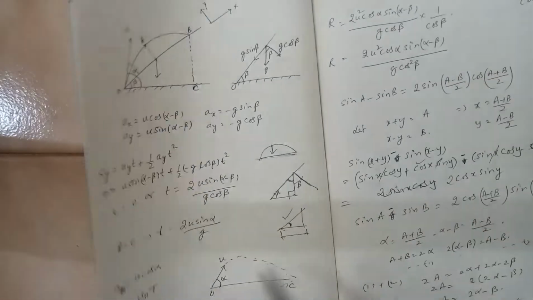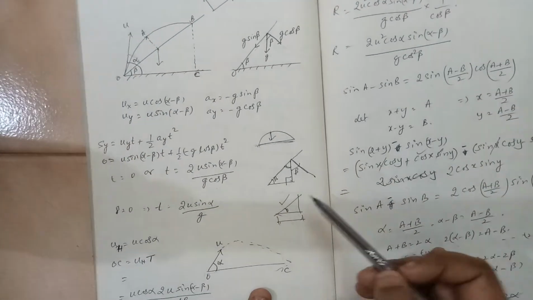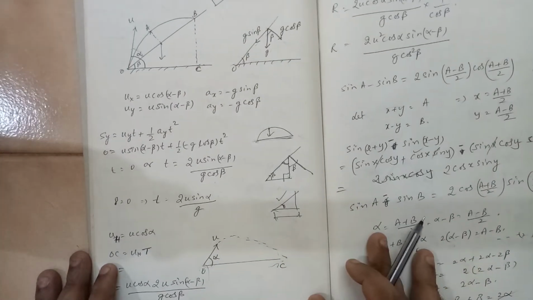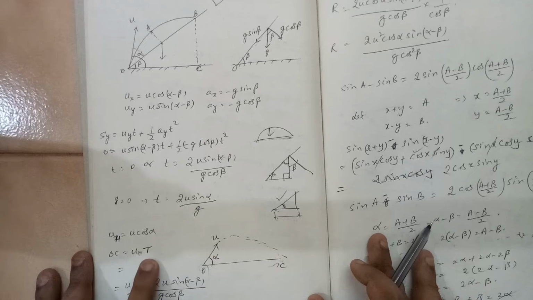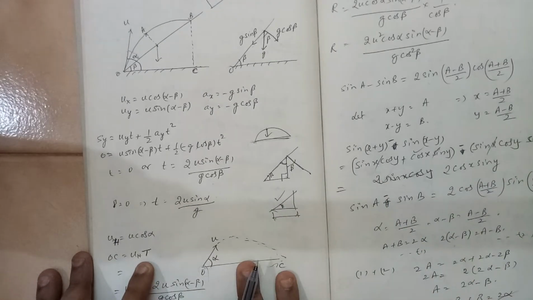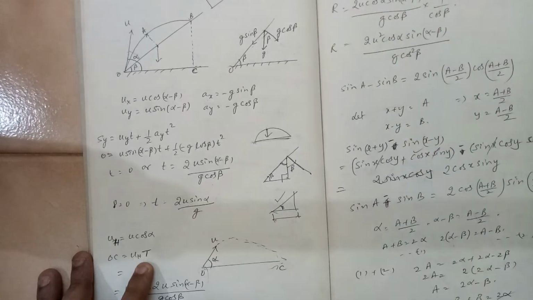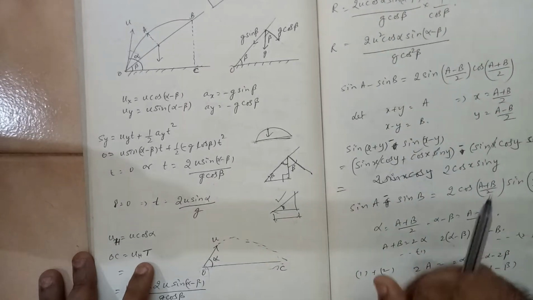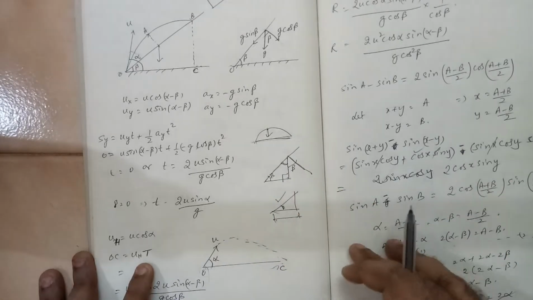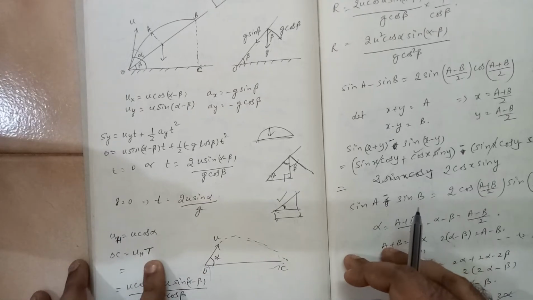Okay, so what is the range? To calculate the range, you are calculating OC here. OC will be UH multiplied by T, because if this had been a pure horizontal plane problem, in the horizontal direction there is no acceleration. When you were deriving, there was no horizontal acceleration, so that term will not be there, only UH into T will be there.